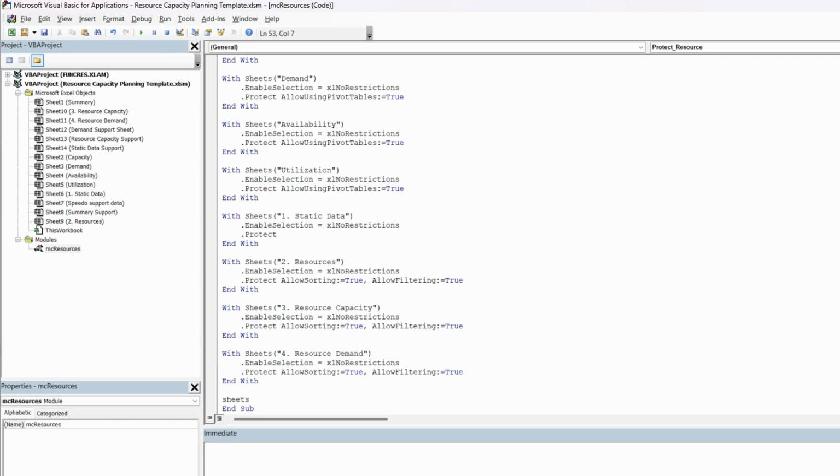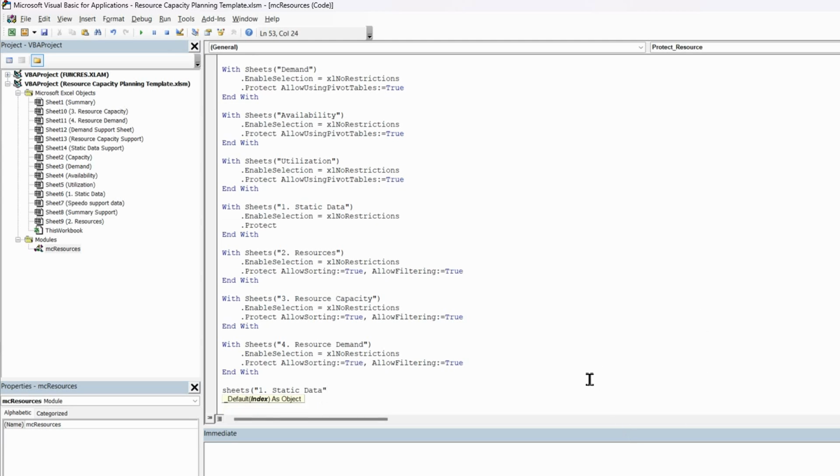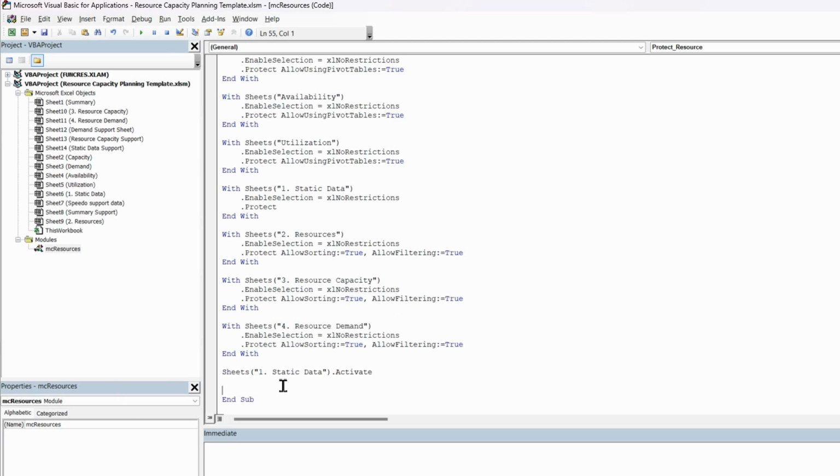sheets, quotation mark, 1 static data, quotation mark, move that up a little bit, close that bracket, and I'm going to say activate. Yeah, that should then activate the static data sheet once it's all been done as far as the protection. And then finally, I'm just going to say, right, now that I've done all those changes,